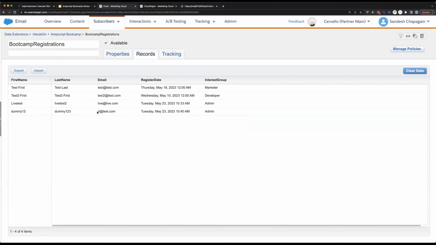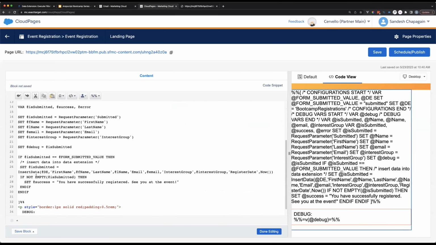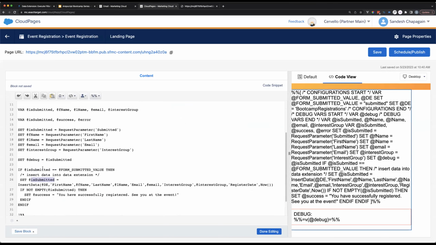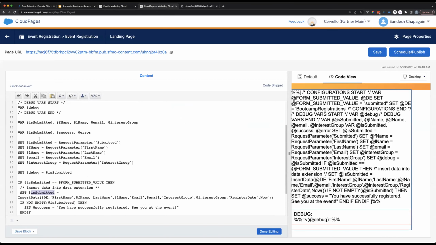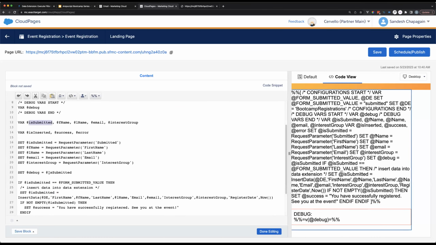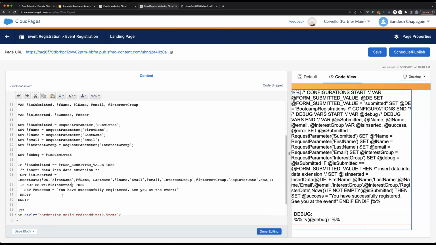This is great. So since we inserted data into the data extension, is submitted was true. Oh, sorry, excuse me. Oh, we actually reused this. So we might want to call this is inserted because we already have is submitted for the form submission. So let's replace that variable. Sorry about that.